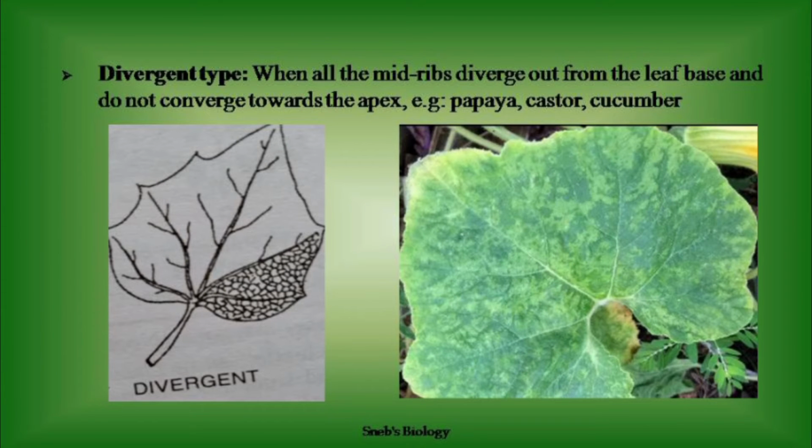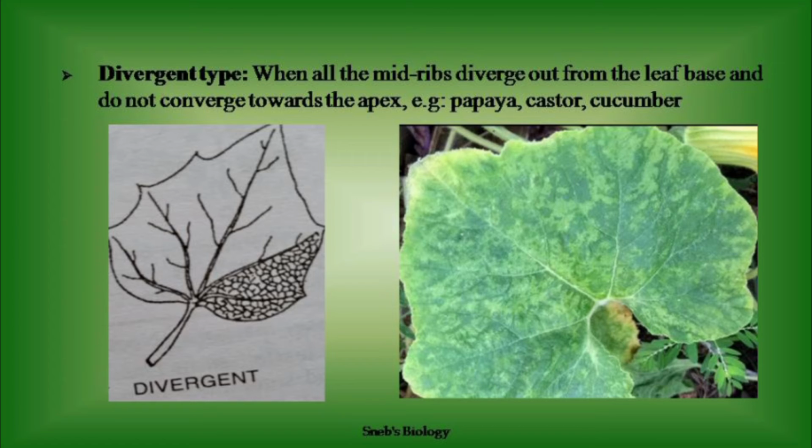Next, if the main veins do not come to one point and instead go in an outward direction, it will be called divergent type. In divergent type, there are different veins going in different directions, around which the lamina is present. These main veins, or branches or ribs, are multiple, so it is called multicostate, and they are spreading out in different directions, so it is called divergent. So this is the divergent multicostate reticulate venation.